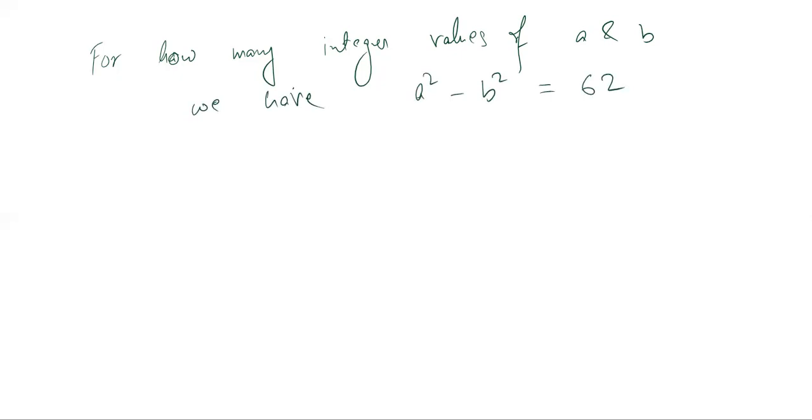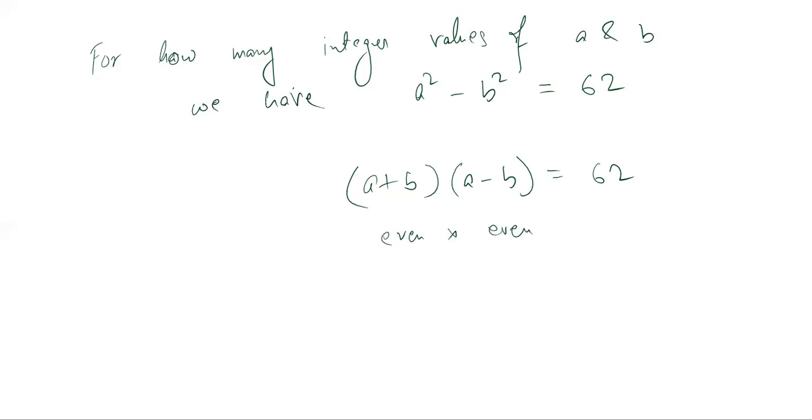Now, again, we are looking for integer solutions, but understand the basic again. So we have a plus b into a minus b equal to 62. Now we have already understood that this a plus b and a minus b have to be simultaneously odd or simultaneously even, right? So if that is true, then we cannot have odd into odd equal to 62. That is obviously understood; you will understand that intuitively. The only thing possible here is even into even, right?